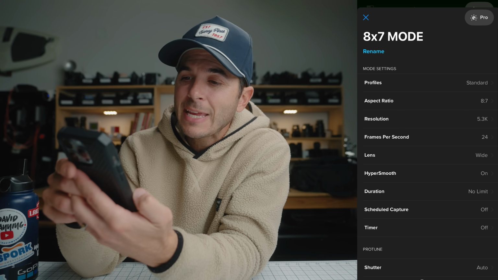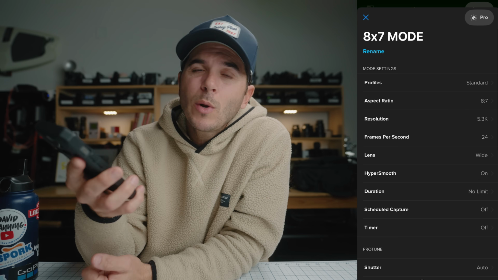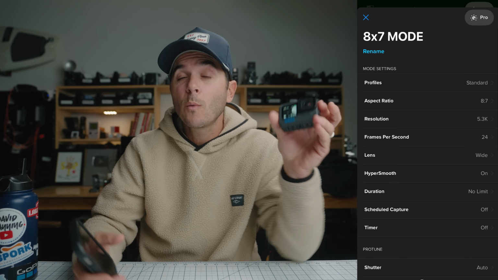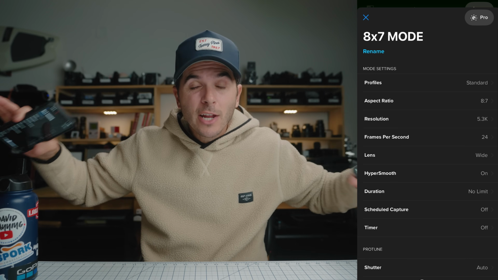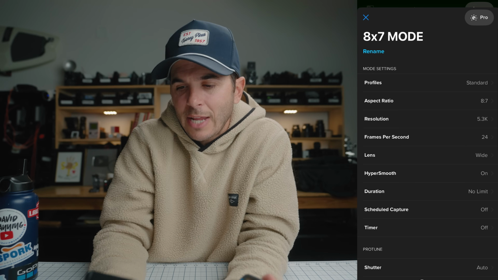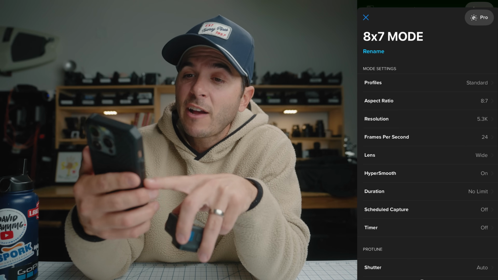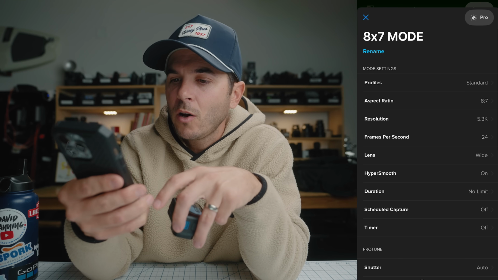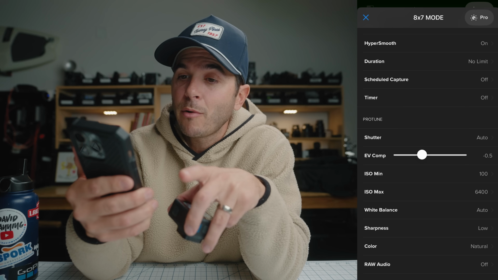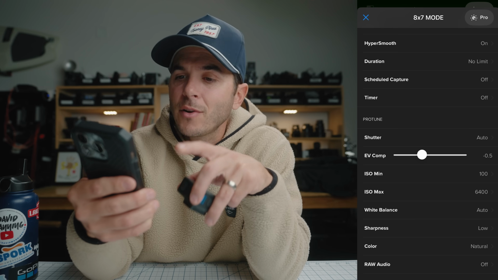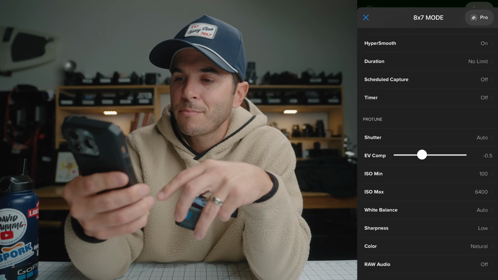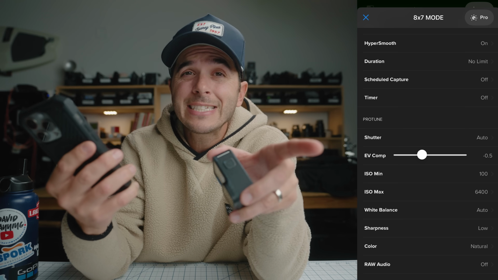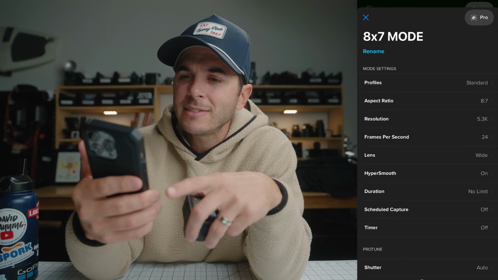Down from POV mode is 8x7 mode, and my 8x7 mode is essentially anytime that I'm gonna use this camera and I don't know whether I want a 16:9 shot or a 9:16 shot, so I'm gonna shoot in 8x7, and for that I'm gonna go 5.3K, 24 frames a second, lens set to wide, hyper smooth on, EV comp -0.5, ISO max 6400, auto white balance, low sharpness, color natural, pretty standard stuff, just switching it to 8x7 and